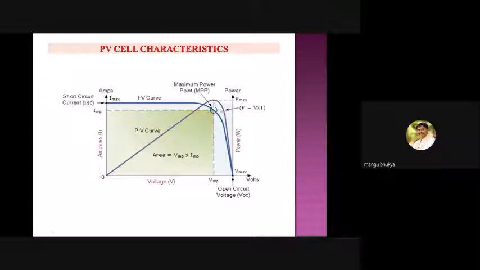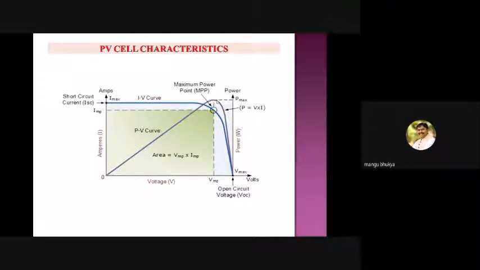After this maximum power point, even though voltage is increased, there is a sharp decrease in the current, so power is decreasing, and that power becomes 0. So in these characteristics, before reaching peak power, the power is increasing with respect to the voltage, which means as voltage increases, power also increases.